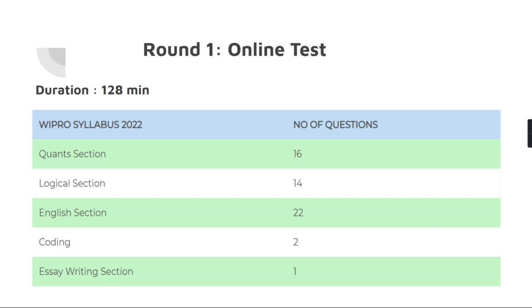So the first round was technical test. It was an online technical test of 128 minutes, and you can see the syllabus of this technical test. Basically, this technical test consists of quant section, logical section, English section. There are two coding problems and there is one essay writing section. So you must score the bare minimum, you must score the qualifying marks in each of the sections to qualify the test. Okay,